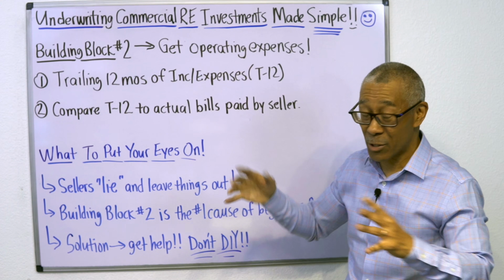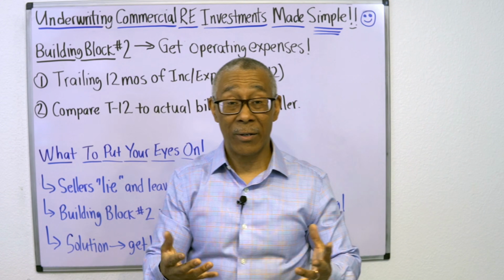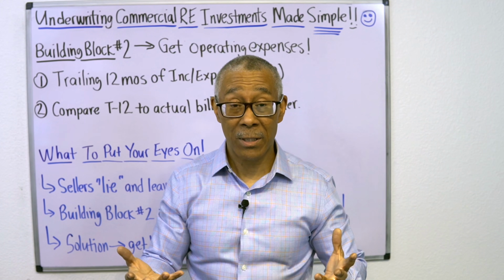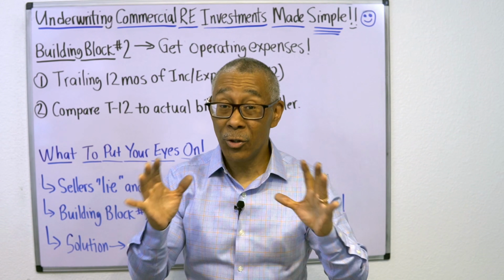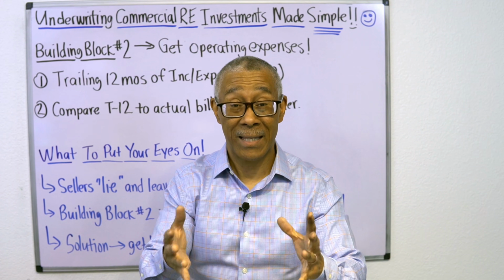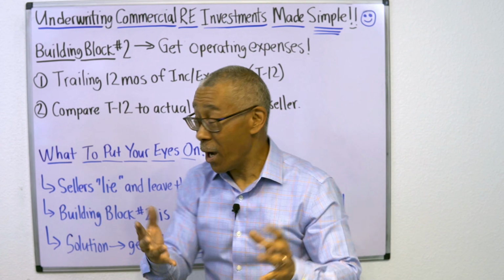What I mean by that, quick example, is if the seller is showing on the T12 that he has paid $10,000 towards electrical, you need to get $10,000 worth of bills from the seller showing you $10,000. And the reason why is